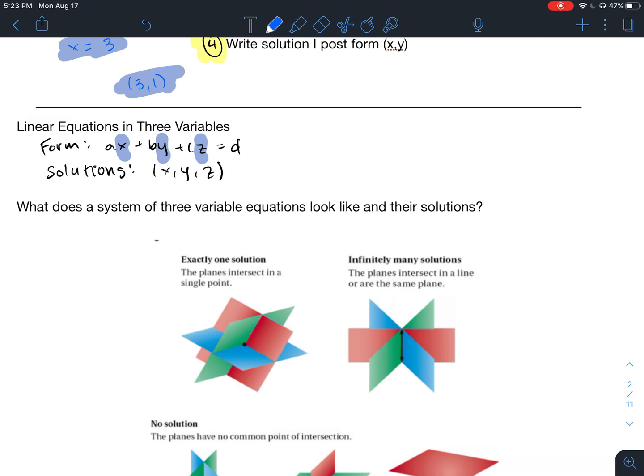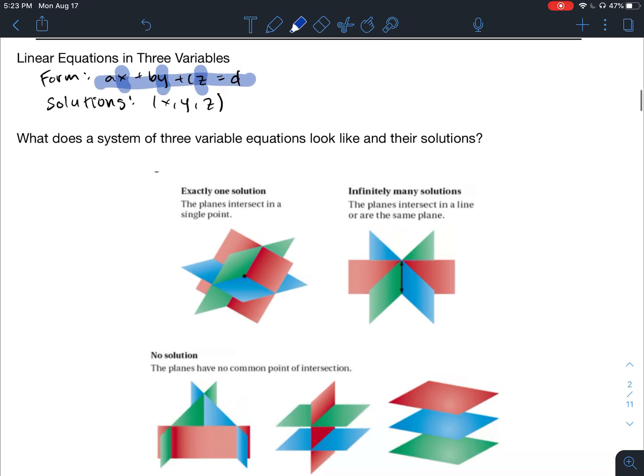So this equation right here is a plane, not a line. So if there is exactly one solution, well, you can see here that you have the red plane right here and the green plane and the blue plane right here. And those are all intersecting right here at that one point. That is our solution to a 3-plane